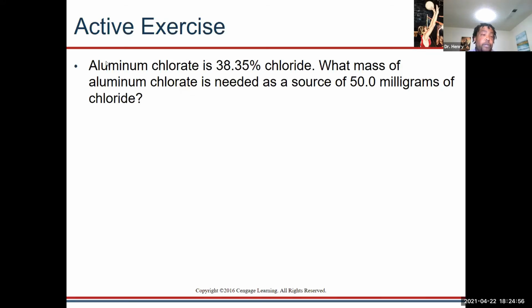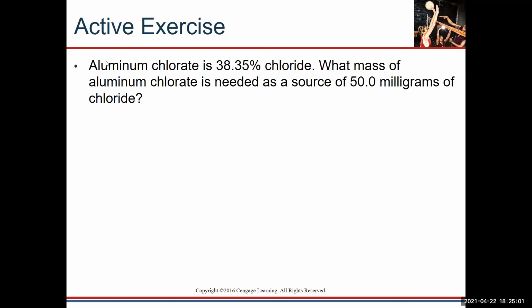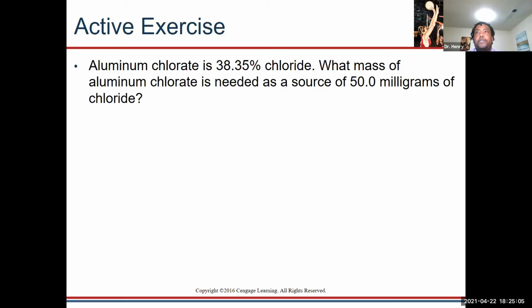Okay, so in this case, what are they giving us? The percentage. They're giving us the percentage already, so we don't have to calculate the percentage. Okay, so we know that we have 38.35% chloride. Okay, that's going to equal,